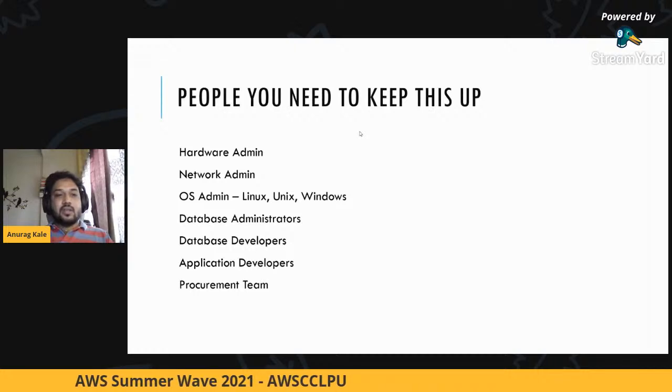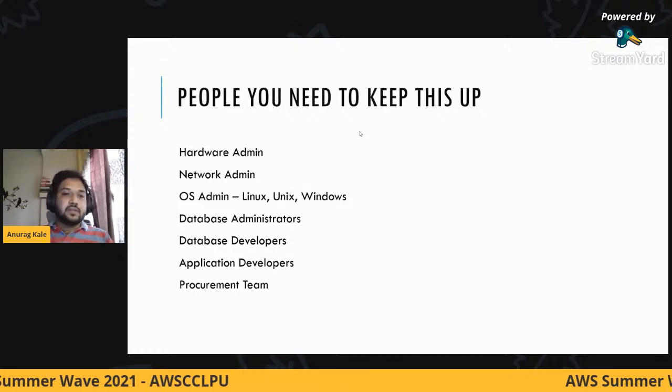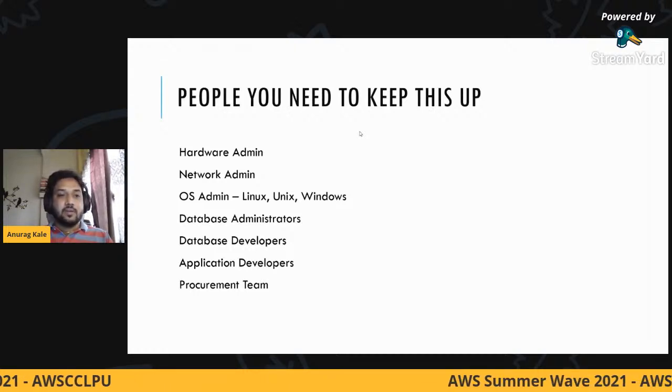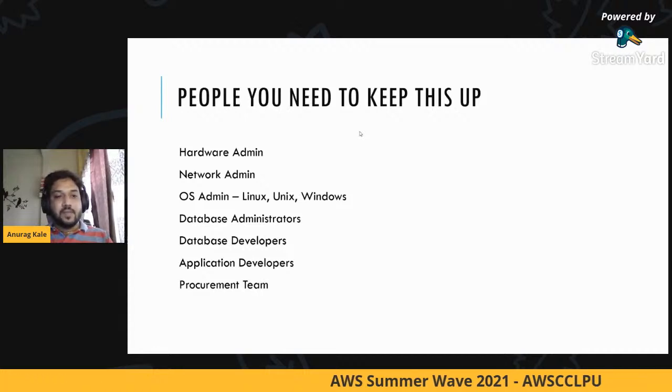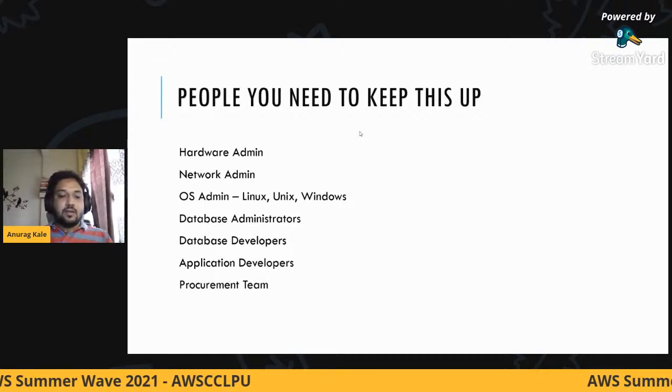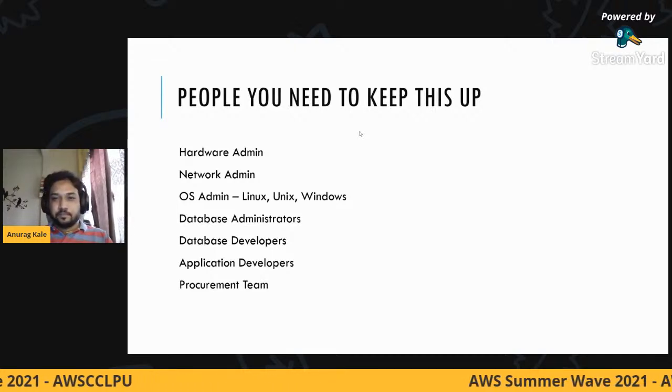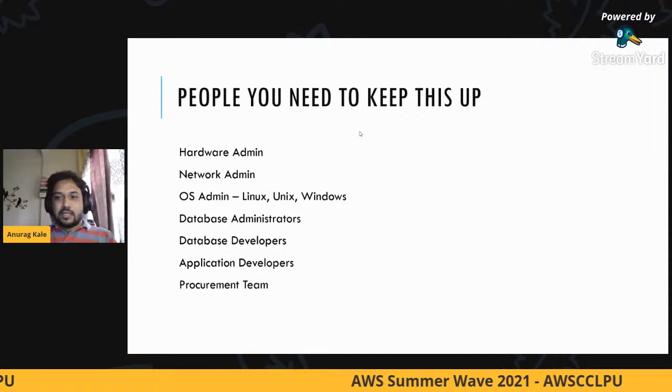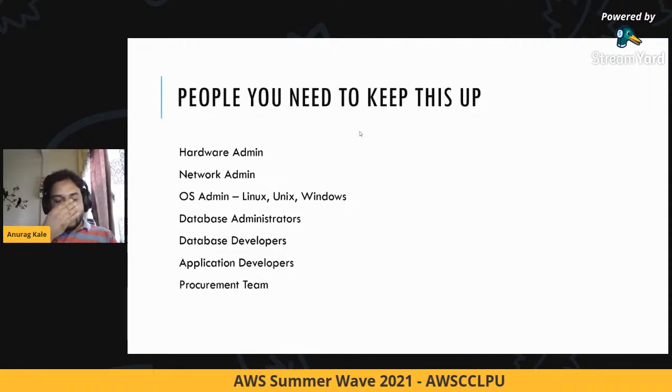They automated a lot of things which a hardware admin, a network admin, OS admin, or a DBA must have been able to do. So let's take that expertise and offer it as a service.